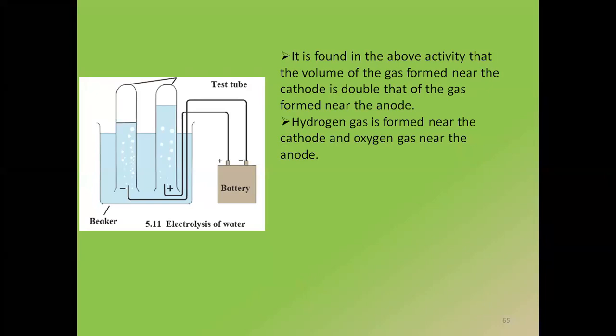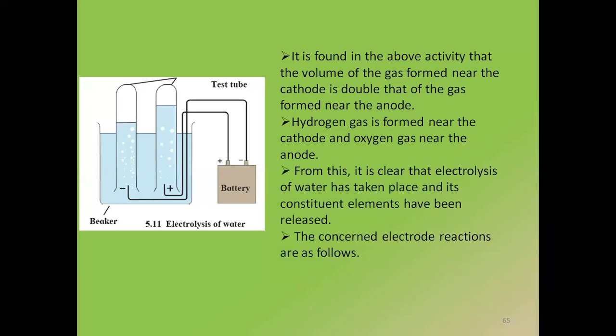Slowly the level of water will start decreasing and we remove the test tube. And we also do a confirmatory test. We also do a confirmatory test by taking a burning matchstick at the mouth of the test tube containing hydrogen gas, and it gives us a pop sound. If you have heard about this experiment, hydrogen gas being inflammable, if you take a burning splint or a matchstick, it will give you a pop sound. Yes, correct. So this is a confirmatory test which helps us understand that yes, my reaction is complete and hydrogen and oxygen gases are formed. Correct, Rishi, you are correct. From this, it is clear that electrolysis of water has taken place and its constituent elements have been released.